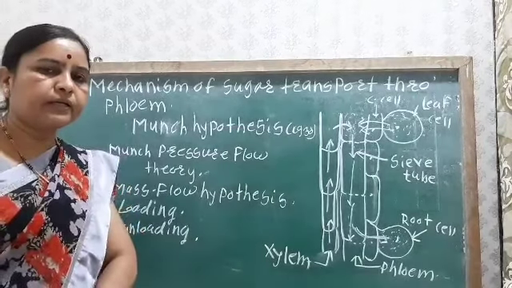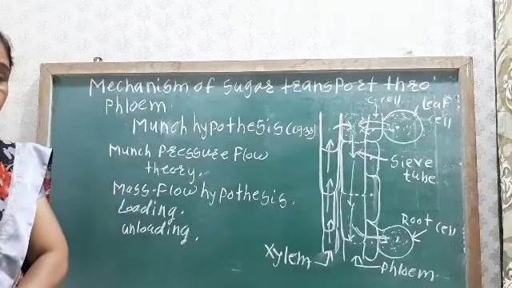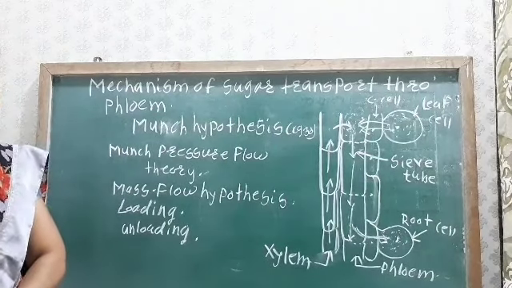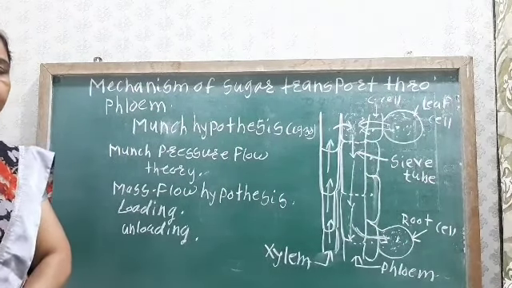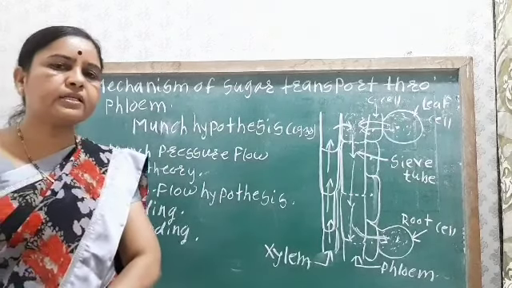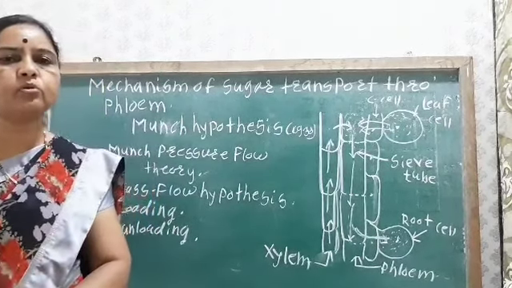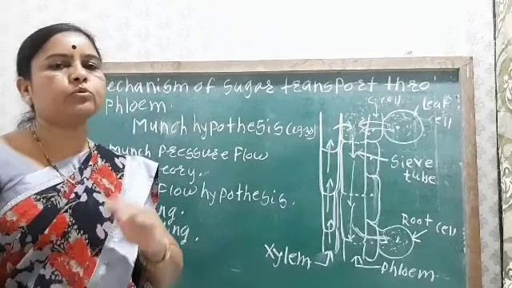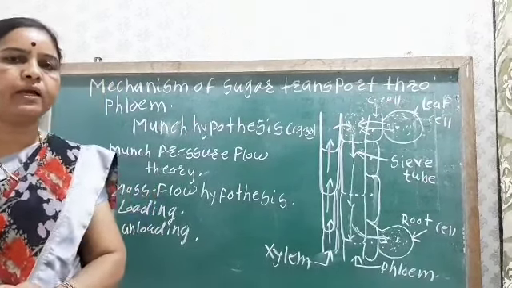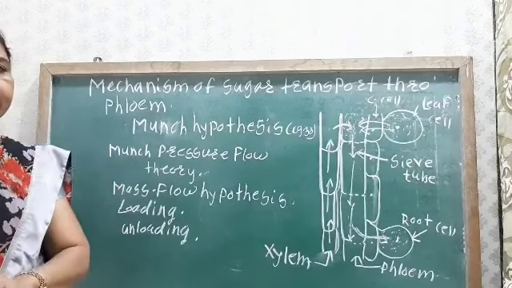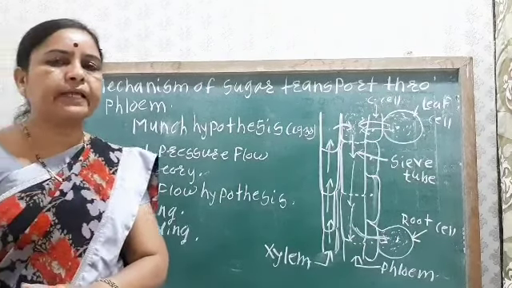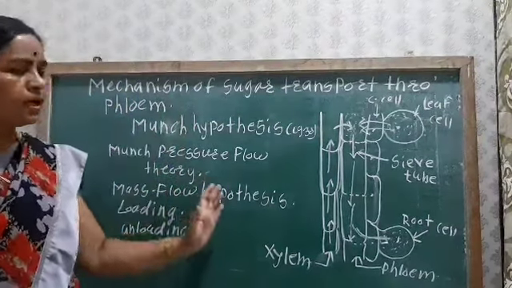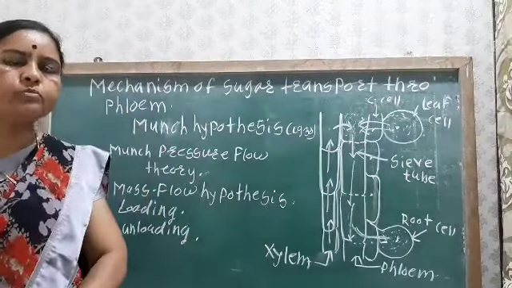Okay, but it does not explain how the lateral movement takes place, that is by the radial and the tangential movement. We have seen how the lateral movement takes place. Okay, it mainly takes place in two ways, that is the radial and the tangential: from the phloem to the pith is the radial movement, and from the phloem to the cortex is known as the tangential movement. So these movements are not explained by this mechanism. Okay, so these are the two objections.